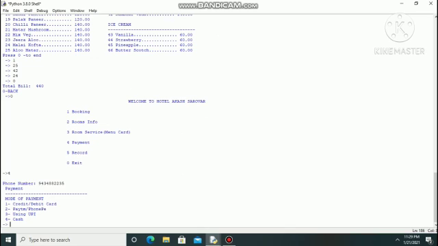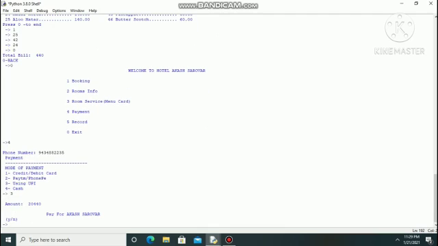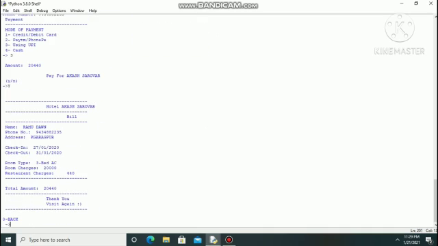Mode of payment: credit, debit, Paytm, Phone Pay using UPI, or cash. Sorry, it's not payment, it's Paytm. So my total is 20440. Payment for Akash Sarovar, Y for yes and N for no. So I am giving Y for yes.